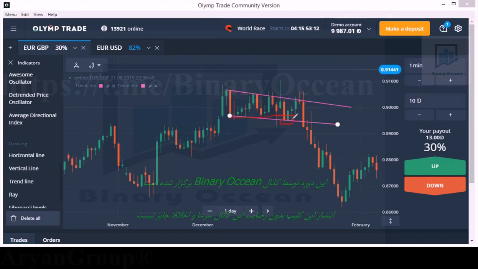So buyer's entry. So we can enter with buyers here if the candle closed above the level, but we are seeing a breakout candlestick. But still we have an opportunity here to enter because we are still seeing sellers' entries. This will be our stop loss point. This will be our take profit point because we are seeing buyer's entries in the market. So the buyers may enter. If the buyers enter, we may lose our trade. So this will be our take profit point. So here we have one opportunity and another opportunity. So we'll get some good profit here.